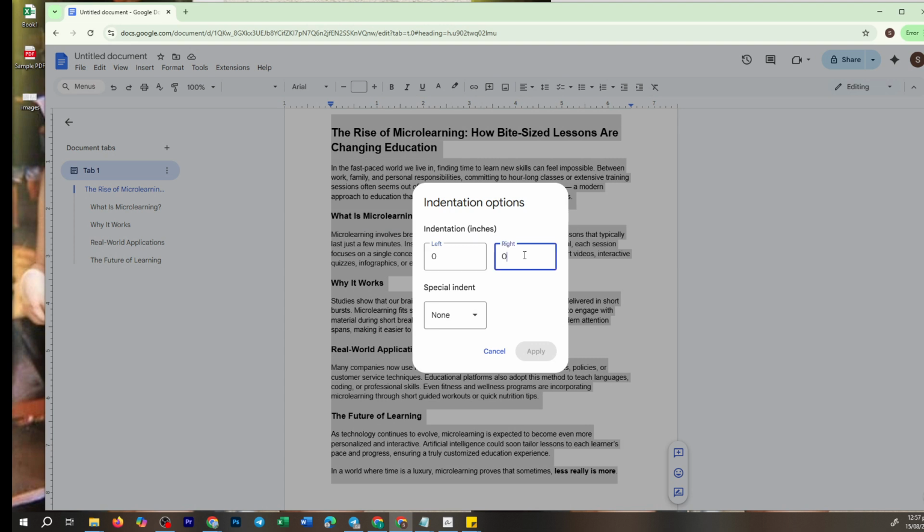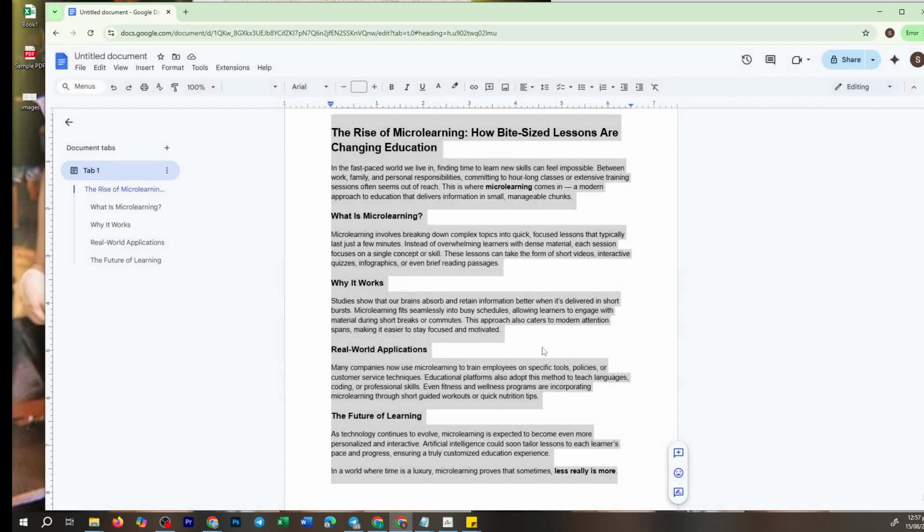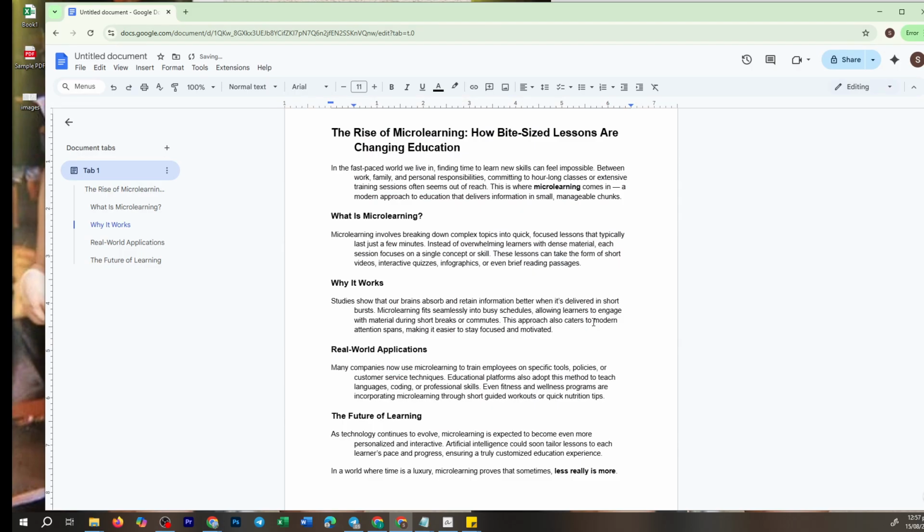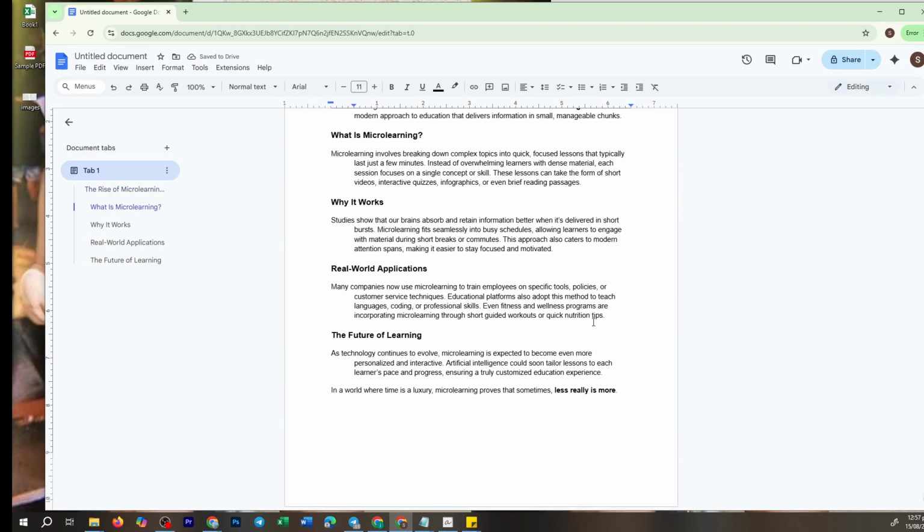Now that you have the indentation pop-up in front of you, look for a drop-down labeled Special Indent. Clicking on this drop-down will show you a few different indentation options. The one you want to select here is Hanging. This setting applies a standard hanging indent to your highlighted text. Once you've selected Hanging, just go ahead and hit the Apply button, and voila! Just like that, your works cited page is now formatted with the perfect hanging indents, giving your document a more